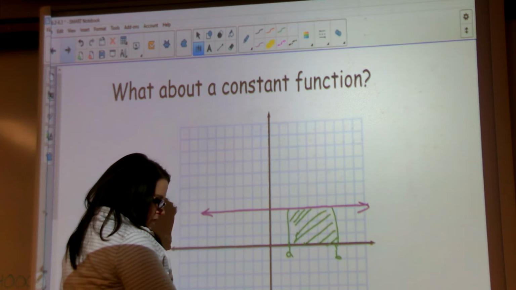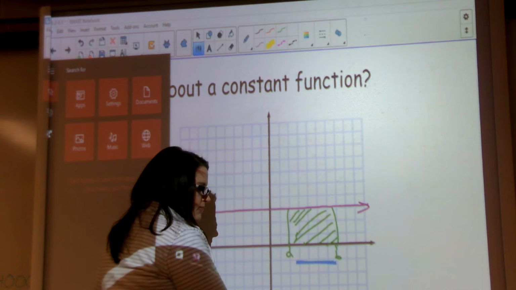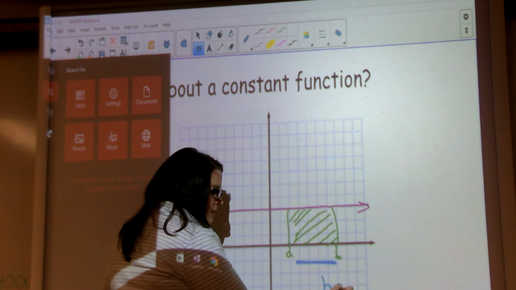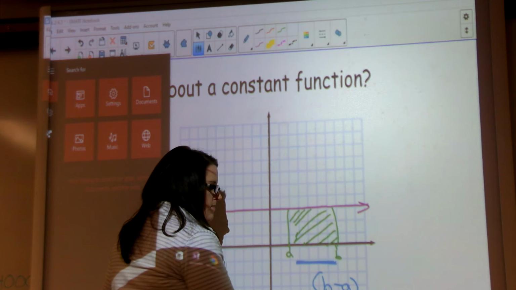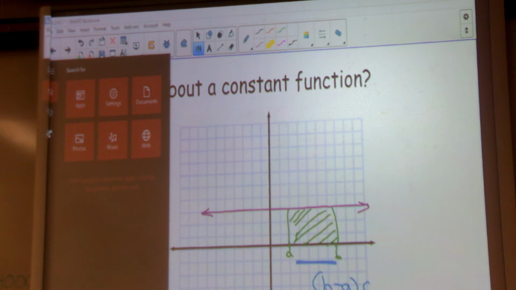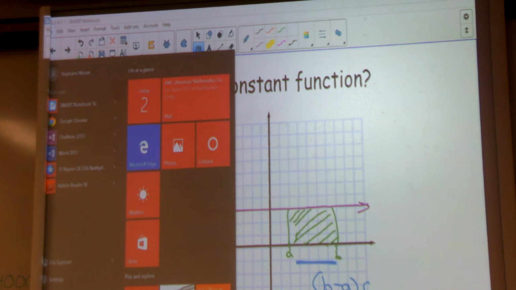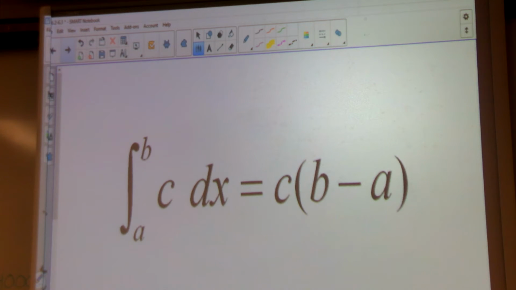And if I do length times width, what's the length here? B minus A. What's the height? The function, the constant. So, we do not need a graph for constants. The integral of a constant, with respect to any variable, is simply the constant times the difference in the interval,